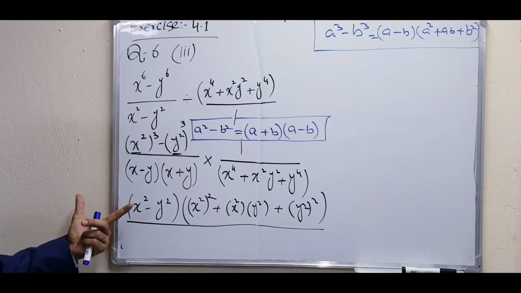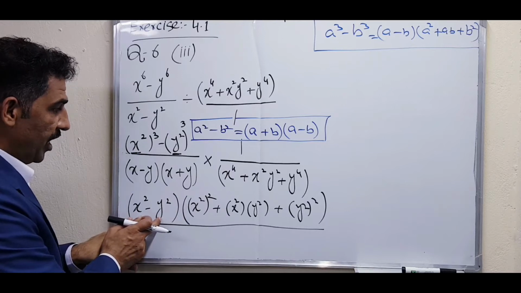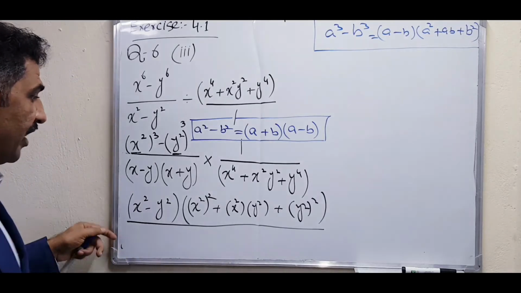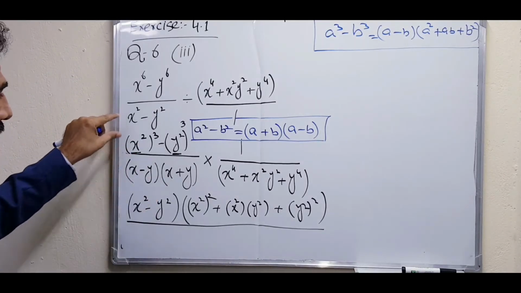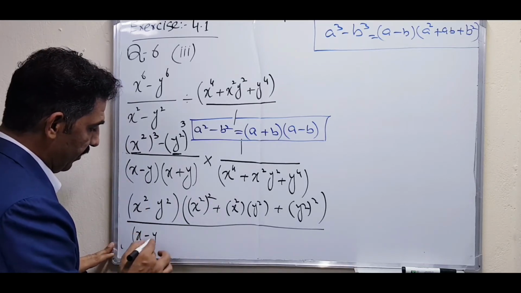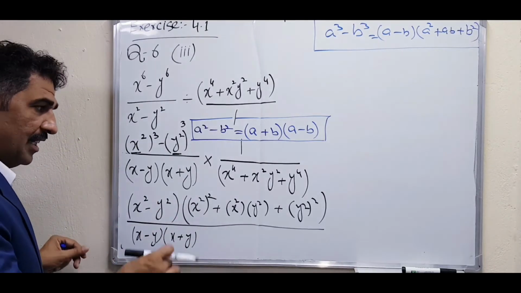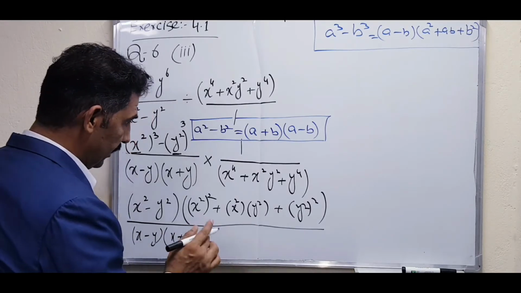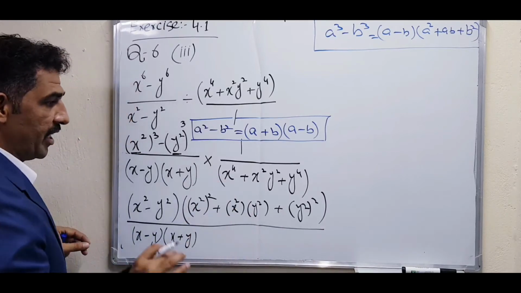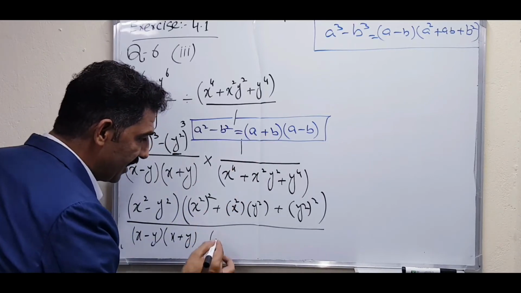Denominator. There are two ways to solve the denominator. One, make the factors: x square minus y square into x minus y into x plus y. One way is this one. Second way, we have to combine. If we do not expand this one and just simplify this, then we can solve x minus y into x plus y. But better you make the factors and then cancel, because it does not simplify in all questions. Okay. Multiplication: if the sign is multiplication you can write it in a single denominator also, because anything multiplied by one stays the same.